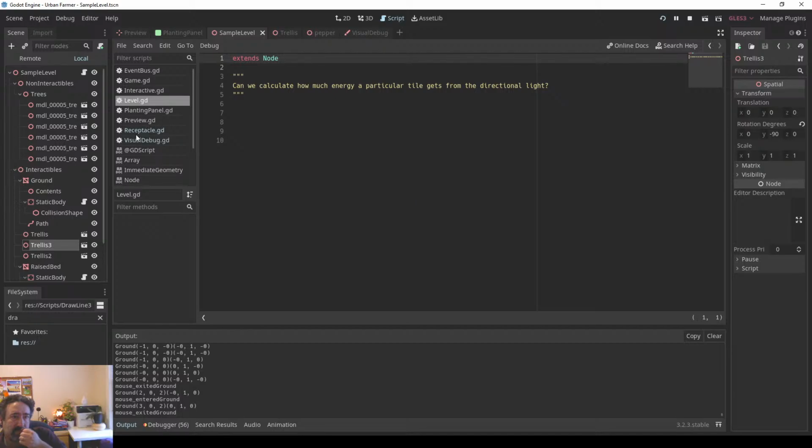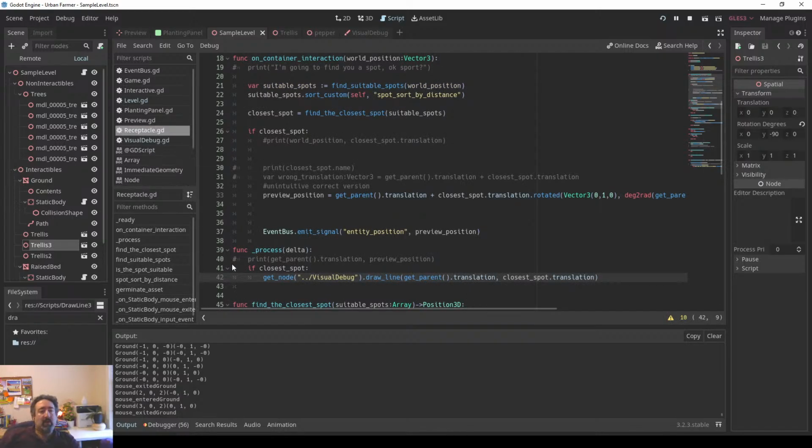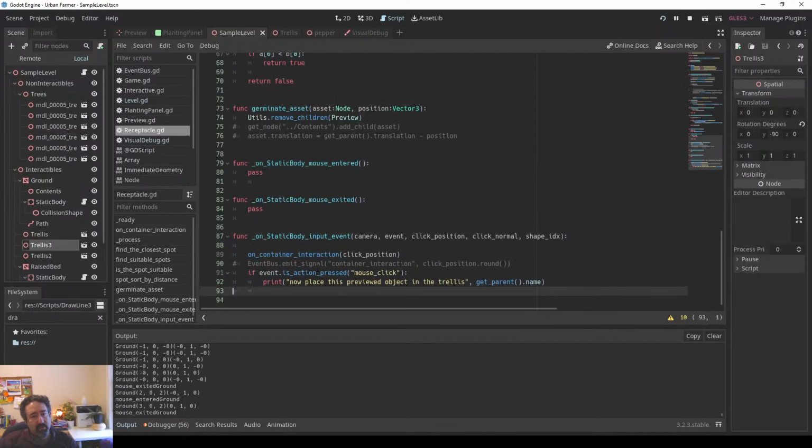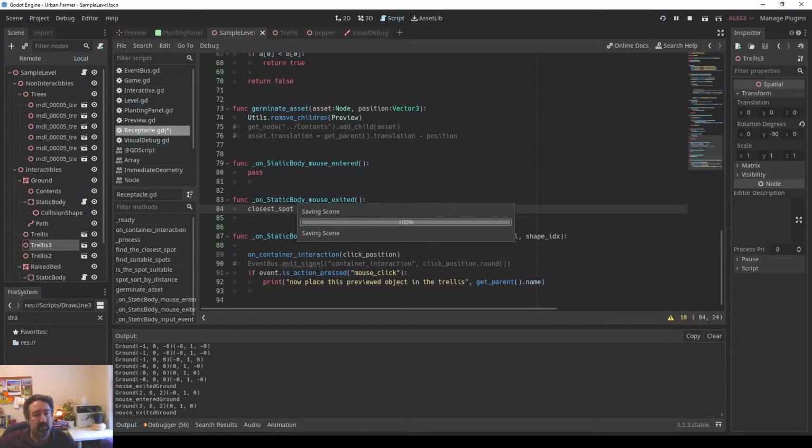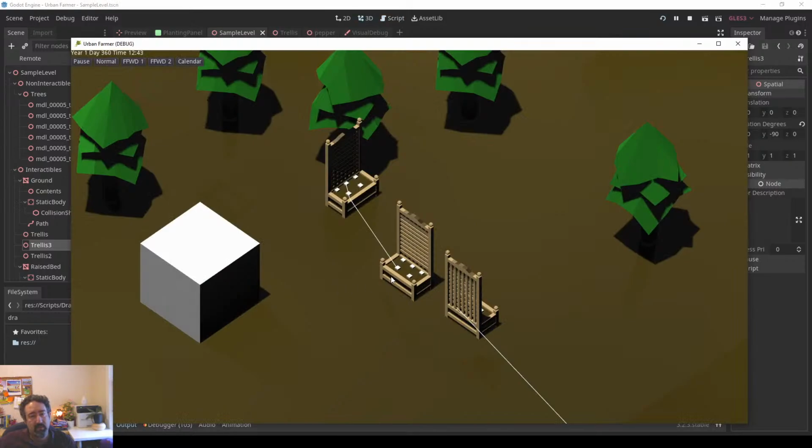So at least for the time being, to disable this, what we can do is this. When the mouse exceeds this area, closest spot is null. At least this way, when we exit one area,